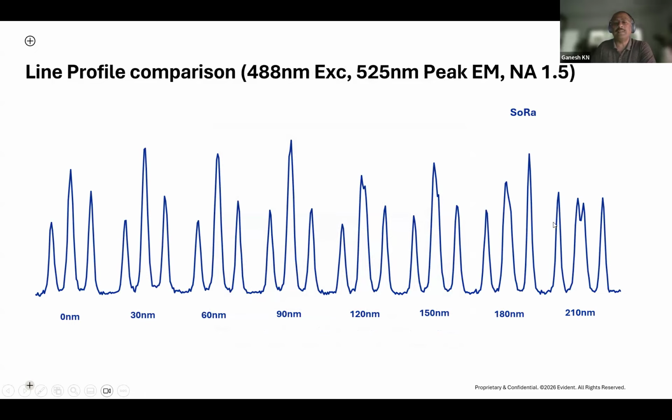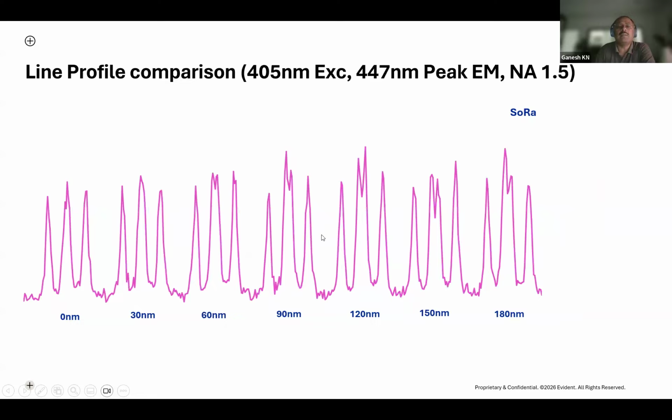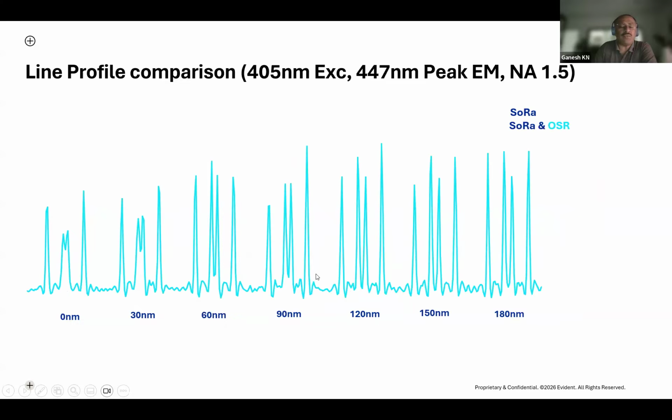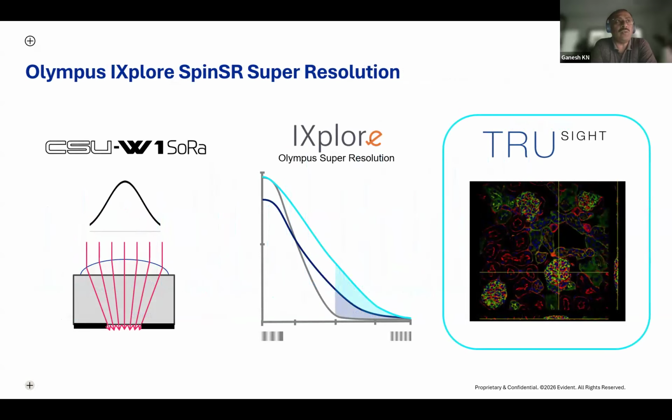Now, if you are using super resolution, SORA and OSR, you will be able to see a minor peak between these two and then a dip in this one, showing that these two are separate lines. The distance between these two is 120 nanometer. Now, if you go further, if you use this one, you will be able to resolve up to 90 to 100 nanometer. So this is what you achieve by implementing super resolution by optical reassignment, SORA, and Olympus super resolution or Evident TruSight Live,